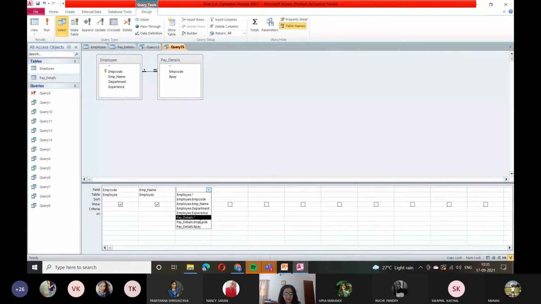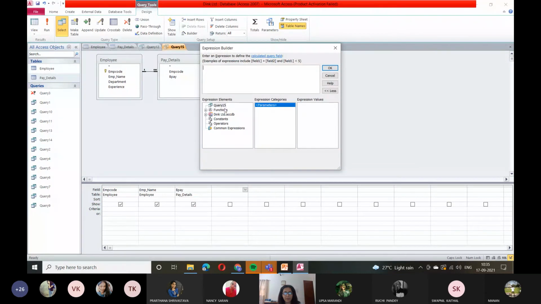So I needed the basic pay. I want to create an expression here. If I want to create an expression, I go here at the top and click on the builder. I have this database. I click on the tables. I need the Pay Details table. I need the basic pay. Now I want an operator, that is the multiply by sign. I pick up the multiply by sign from here and I write 0.40 because that's my expression.